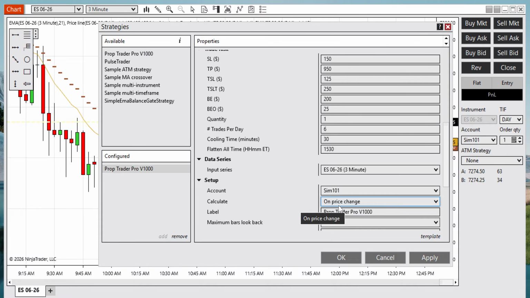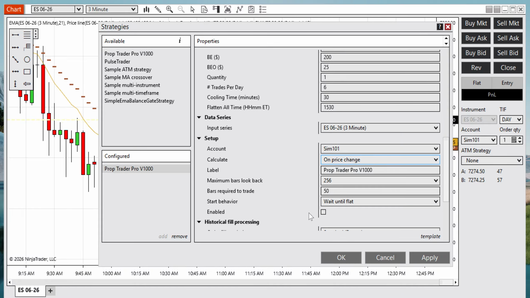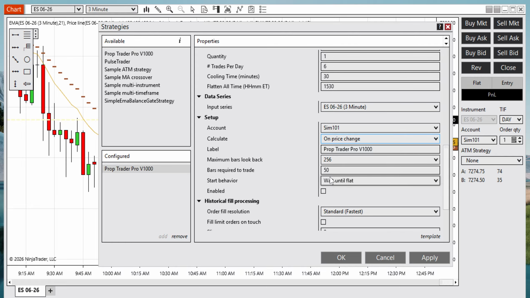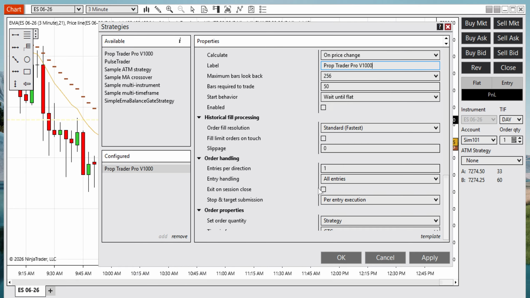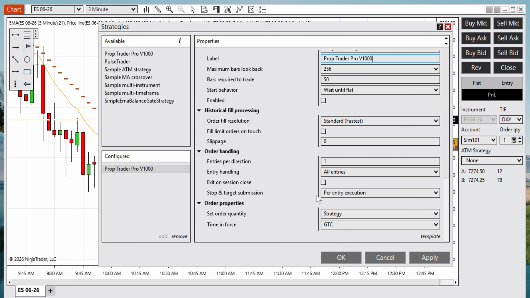So let's set it to price, and then this is my strategy label. I'll just keep it that way. So that's it. I'll enable it later. I just want to check everything else is fine, so it's all fine. So then click OK,